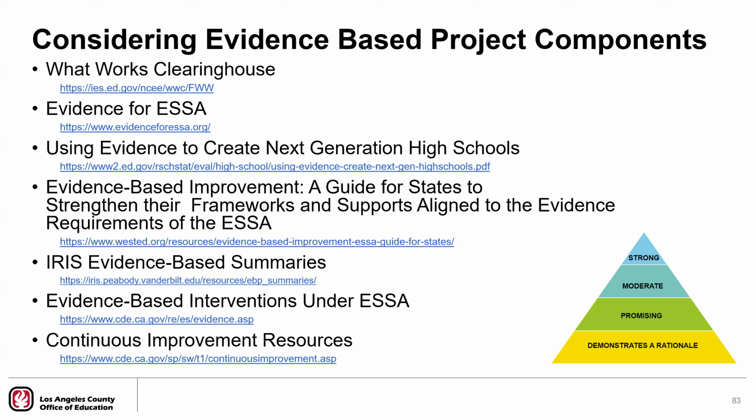Additionally, from the U.S. Department of Education is the document called Using Evidence to Create Next Generation High Schools. This resource highlights 6 general evidence-based strategies to improve America's high schools. These strategies address practices that engage students and help prepare them for college and career success. Though many of the effective strategies may share common features, each has been identified in the research literature as a standalone intervention or model for improving students' educational outcomes.